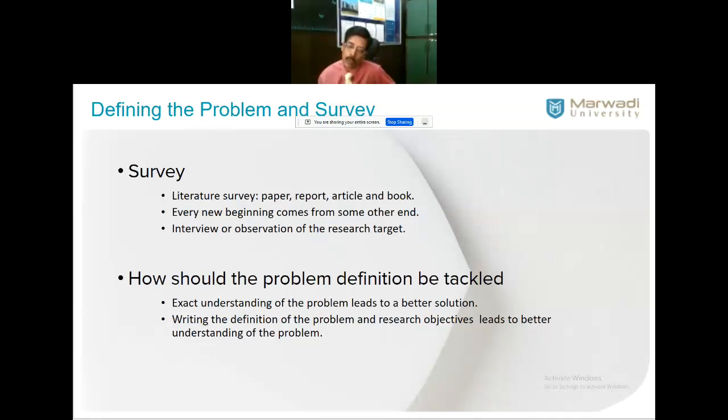So how should the problem definition be tackled? How are the steps? For that we rely upon a milestone chart, right? What are the phases? It's like a project scheduling problem. What is your objective? It's clear. Now what are the steps involved, the tasks involved, how are they related? Can they happen parallelly? Can they happen one after another or one before another? Have you got enough resources, in the form of hardware, software? It's a typical project scheduling problem or project management problem. So these are the key steps involved.